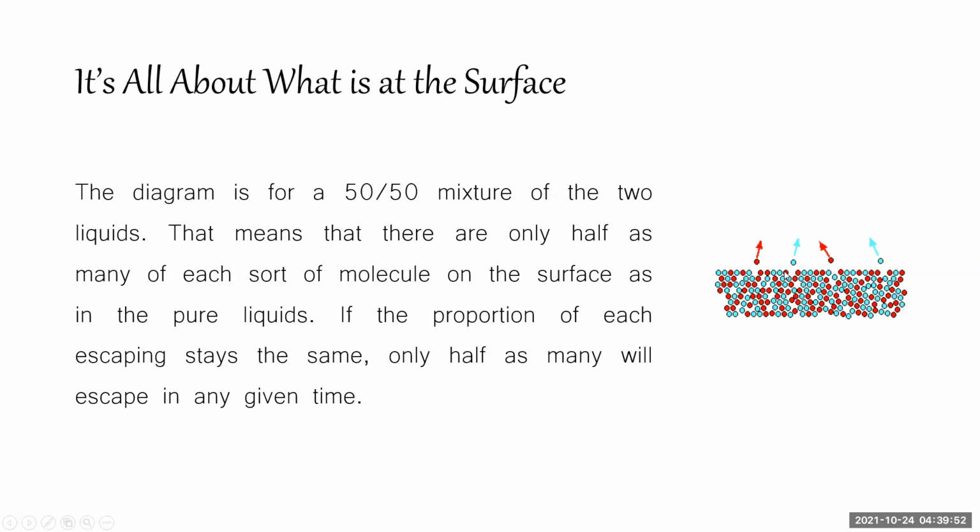And they're saying if you make a 50-50 mixture, about 50% of the surface molecules will be blue molecules and 50% will be the other component with the given depiction of the red molecule. And so if you have about 50% molecules at the surface, then about 50% of those molecules, or the same proportion of those molecules, but halved, would be forming the vapor pressure above the liquid.